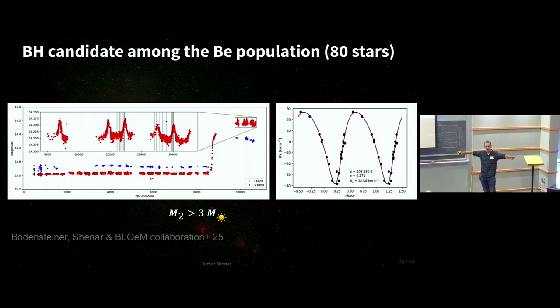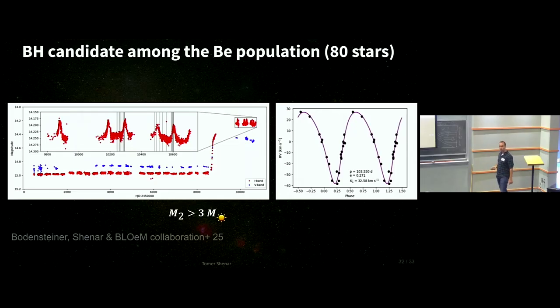You can actually trace this spectroscopically. The disks of BE stars come and go on timescales of decades. Suddenly you start seeing these peaks in the light curve. And when you look at the radial velocities we get from Bloom, this matches. So we see the orbital motion, and we see this variability also happening. We can constrain the minimum mass of the companion: 3 solar masses.